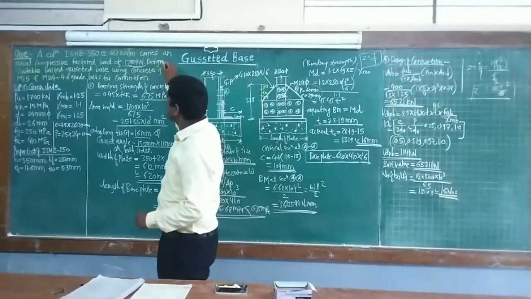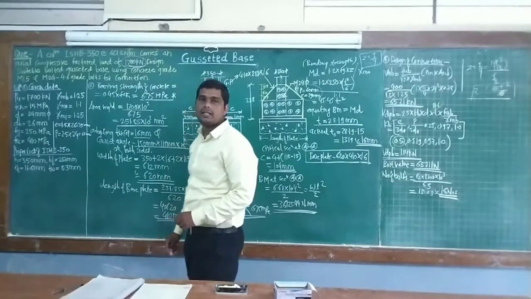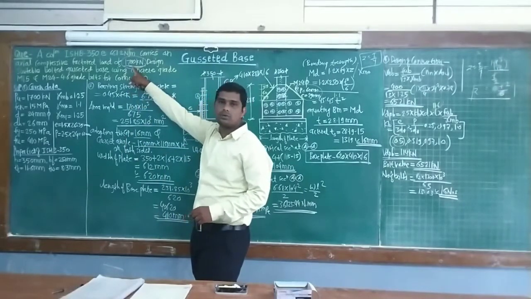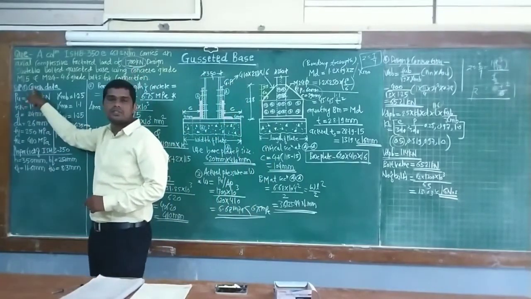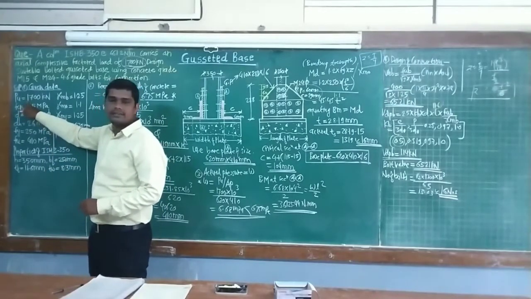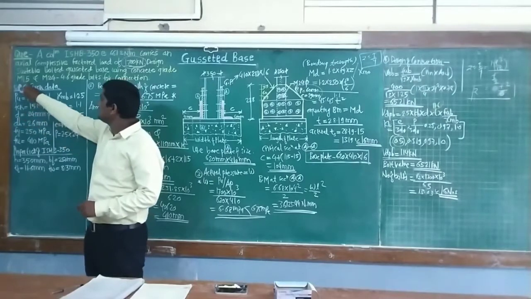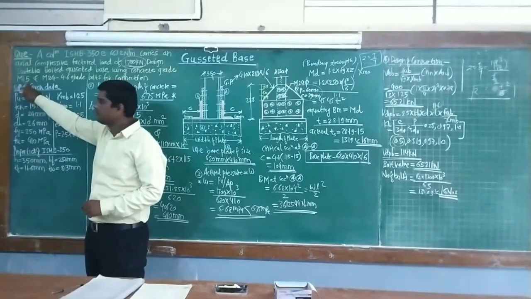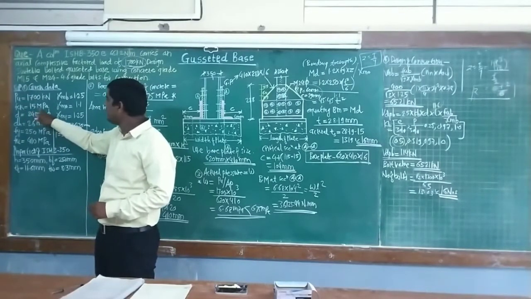So here we are going to design the gusseted base for a factored load PV, which is already given, that is 1700 kilonewton. Dealing with the solution, first of all write down the given data. PV load is 1700 kilonewton. FCK, grade of concrete is M50, so FCK, the compressive strength of concrete, is 50 Newton per mm square or MPa.